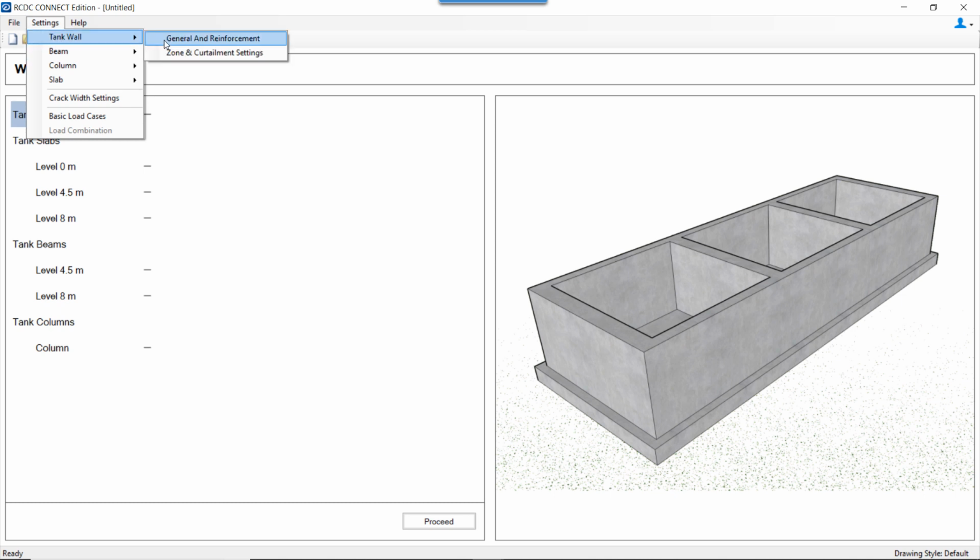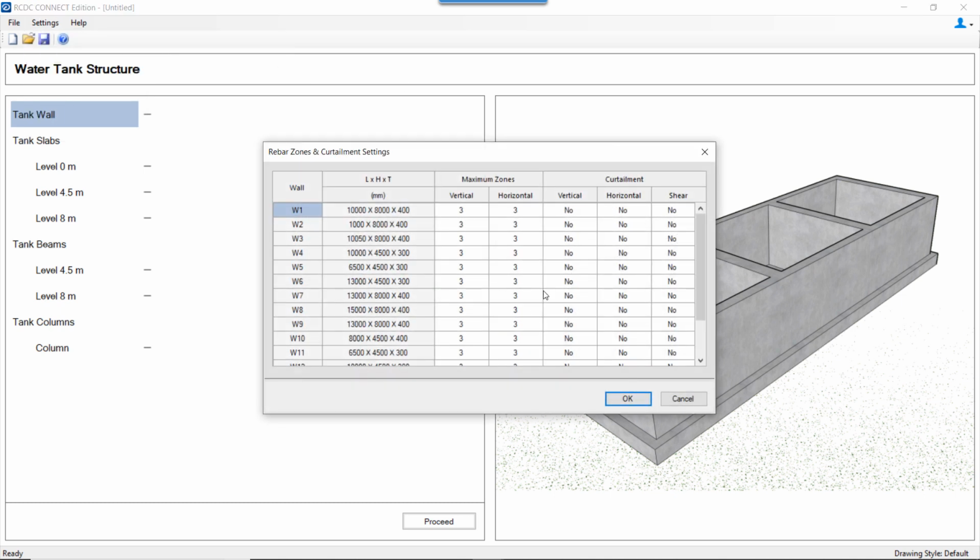Next, under tank wall, we have the zone and the curtailment settings. So the rebar zone and the curtailment setting needs to be set from here. Individually for each wall, the maximum zone for vertical and horizontal reinforcement needs to be set from here. So if I mention over here 5 for wall 1 and 3 if we keep it for the horizontal,